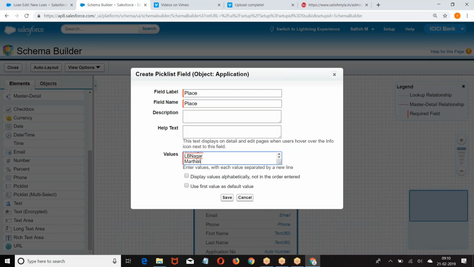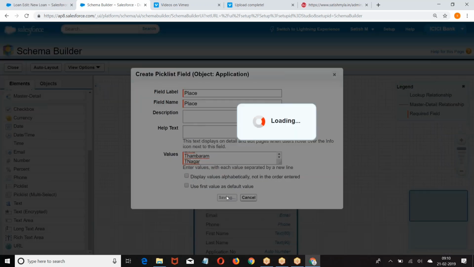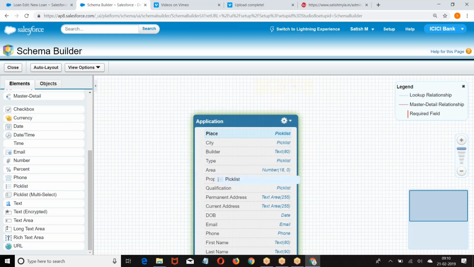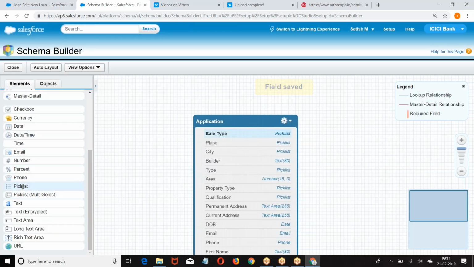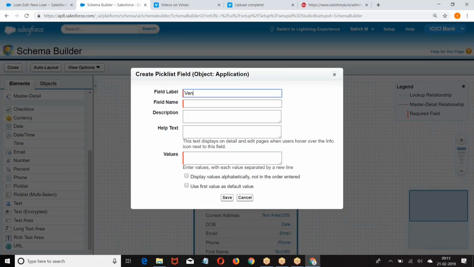Now I'm just giving a couple of places. Then if it is a vehicle, you see, some vehicle details I'm giving, let's say,